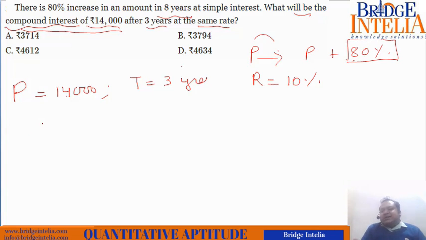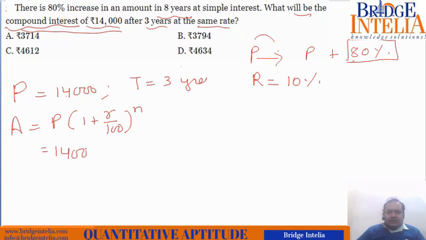The extra money that you are going to get is the compound interest. So let's see. Amount is equal to P into 1 plus R by 100 to the power n. So the final amount after 3 years will be equal to 14,000 into 1 plus R by 100, so 110 by 100, so 11 by 10